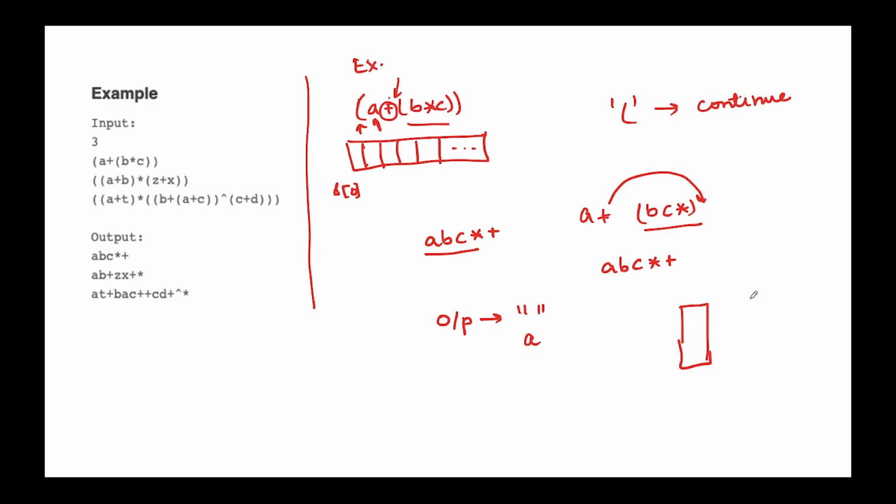This might be an array or something else, but we will take care of the position things later on, after understanding how this whole thing is working. So next we find this element b. We add this to our output string, and then again we find an operand, that is star. So we move this star to some other storage, and then we find c. We will add c to our output string.